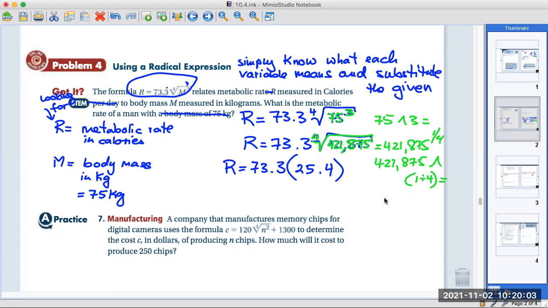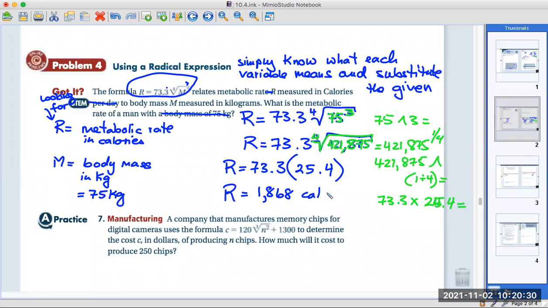So you multiply 73.3 times 25.4 equals, and you should have the metabolic rate R is 1,868 about